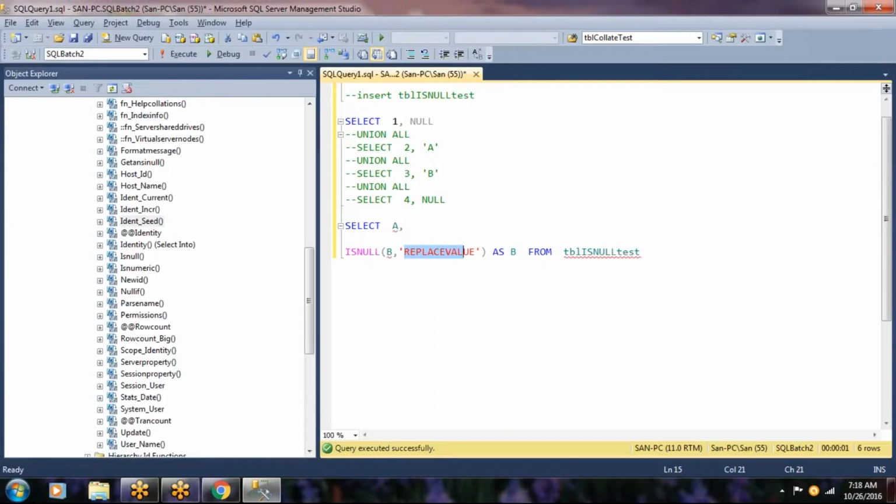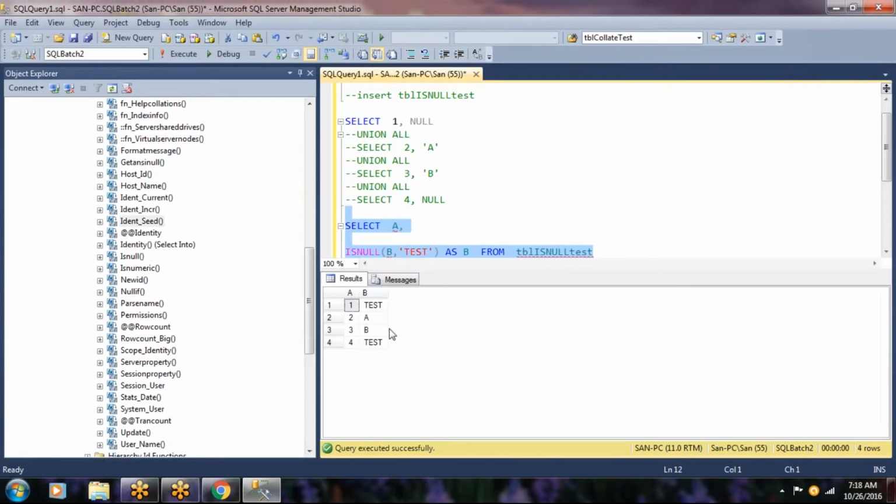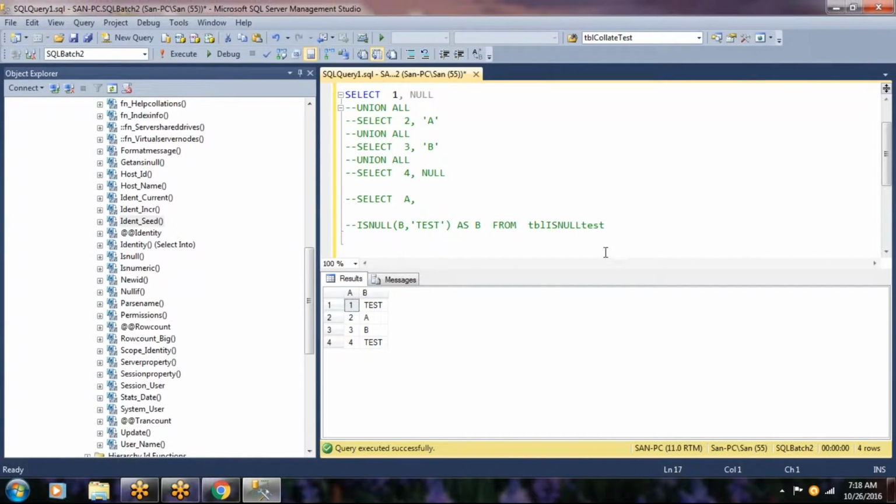Only these many characters will be displayed when you replace. So if you want to replace any null value in a column with a particular expression or static value, then you can go with ISNULL. This is the ISNULL functionality.